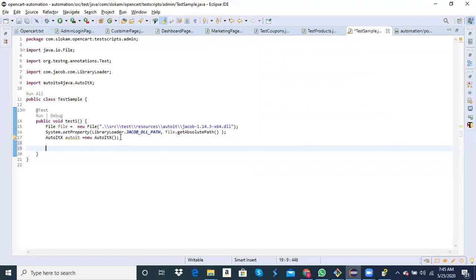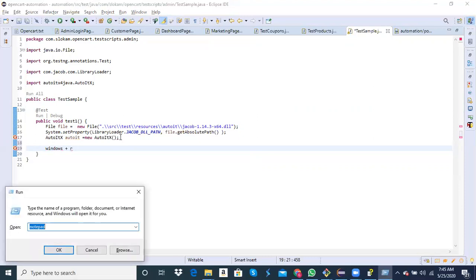What I want to do is run Windows R. You know Windows R, right? Windows plus R. What will it do? It will open a run prompt.